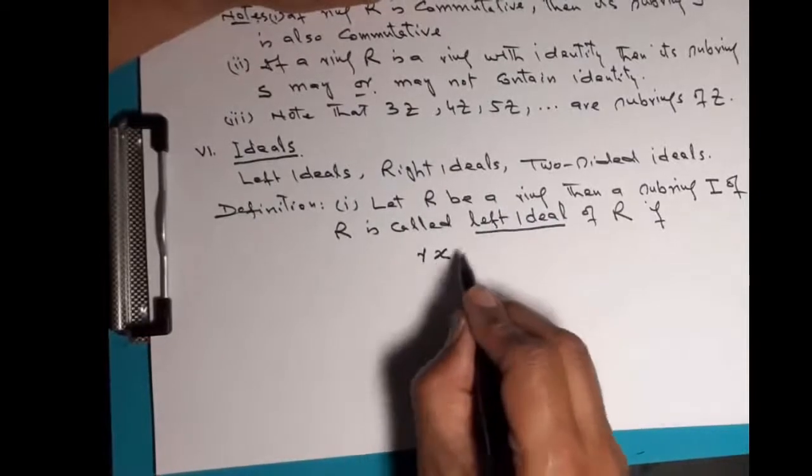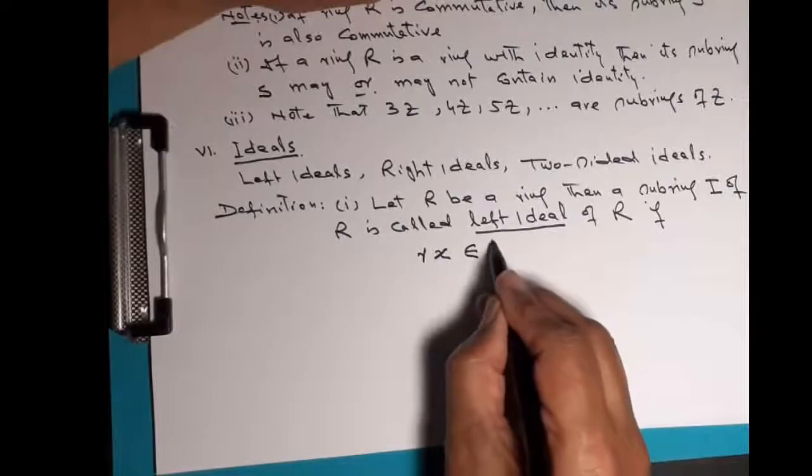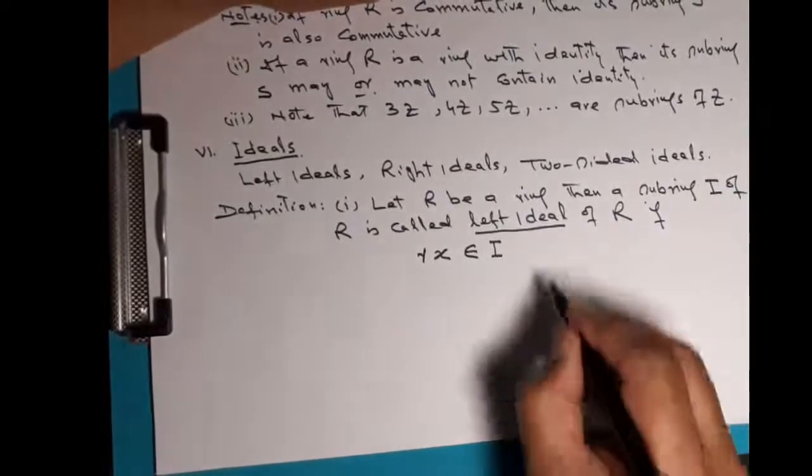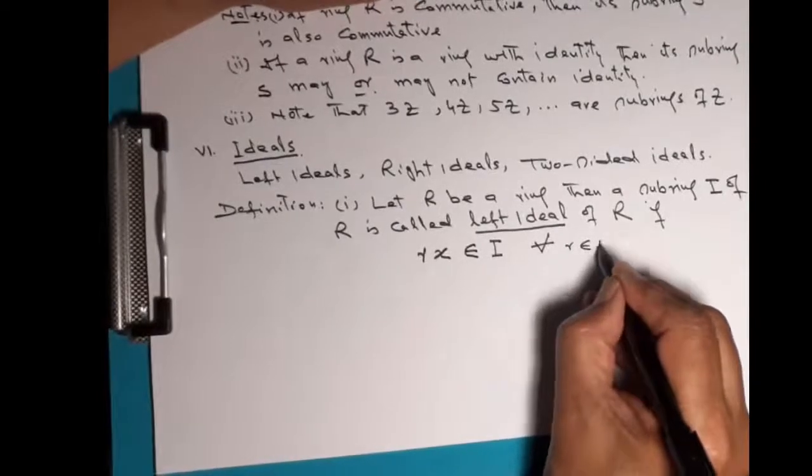So rx should belong to the ideal I, and this is for all r belonging to R and